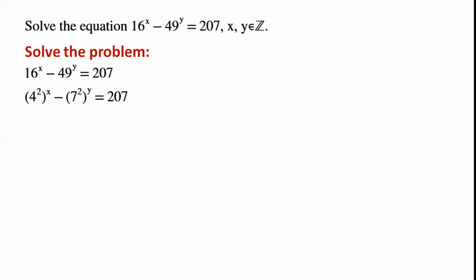16 can be written as 4 squared. 49 can be written as 7 squared. 4 squared, all to the power of x, can be written as 4 to the power of x, all squared. 7 squared, all to the power of y, can be written as 7 to the power of y, all squared. We have a difference of 2 squares, so we can now write